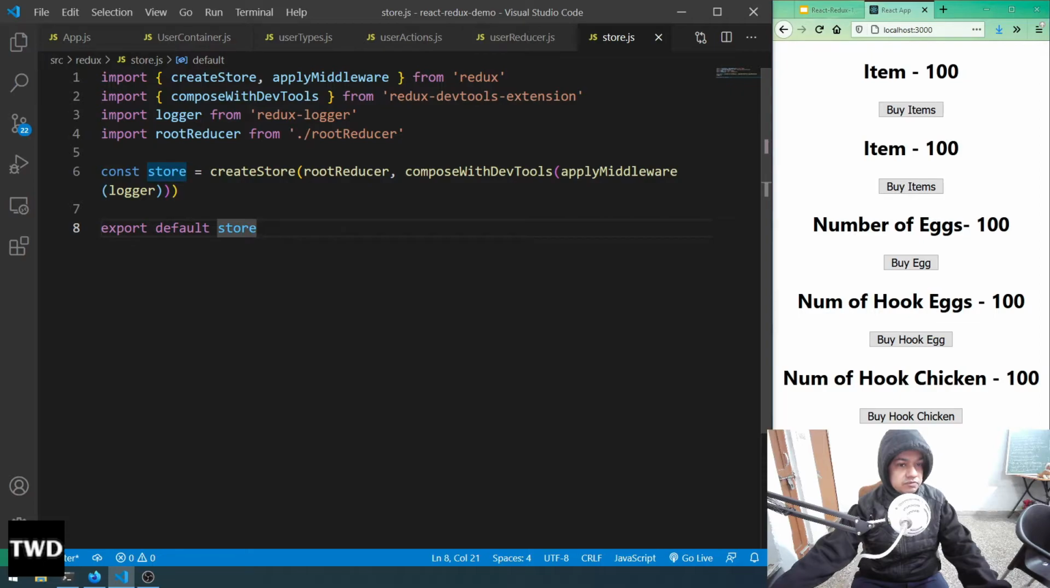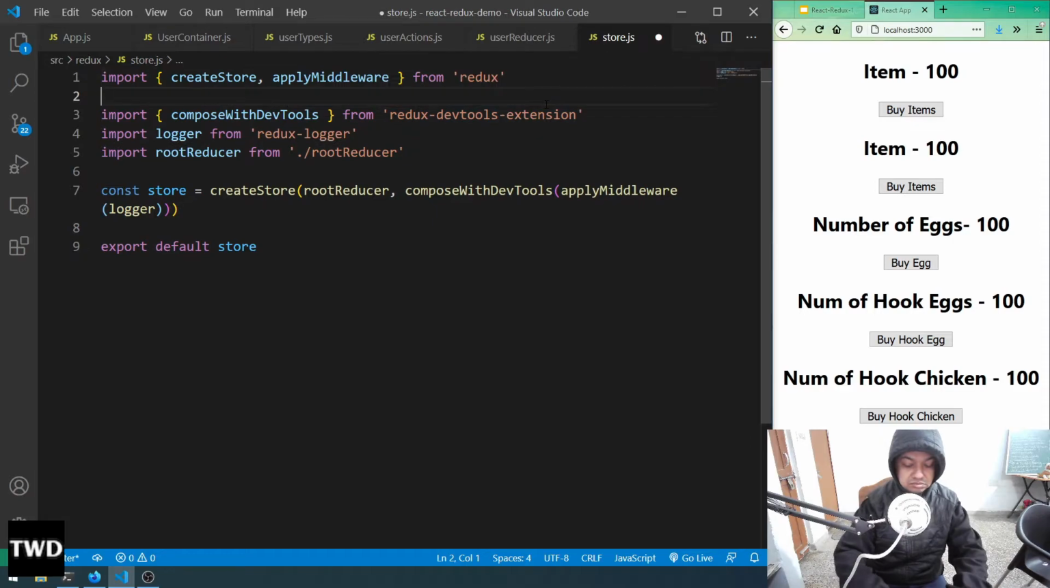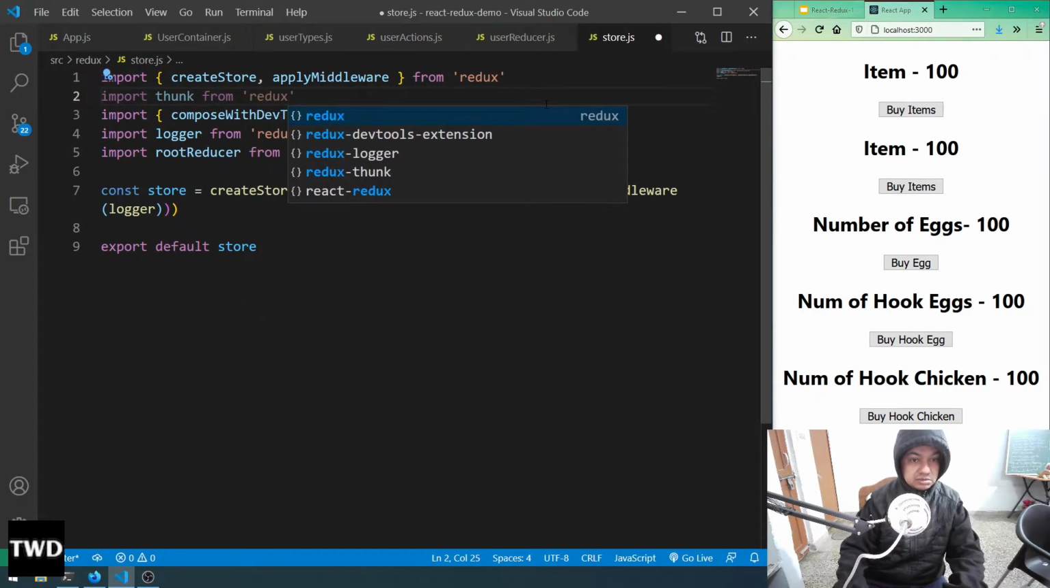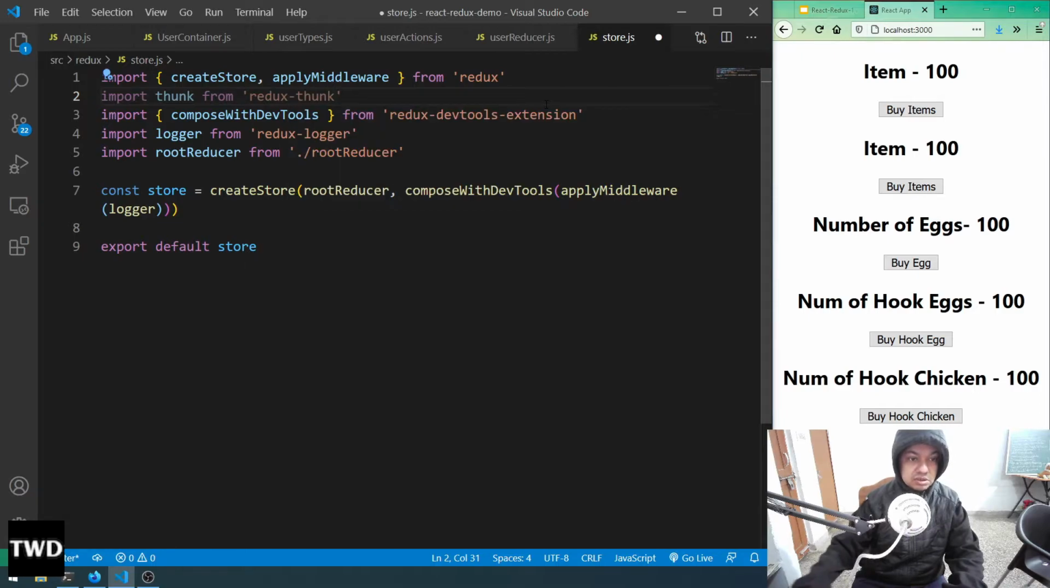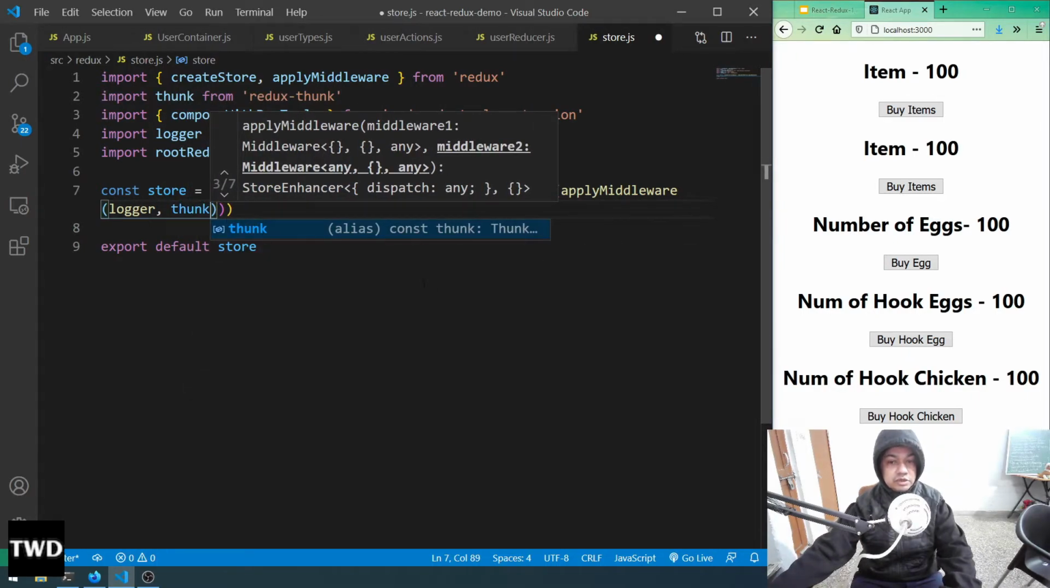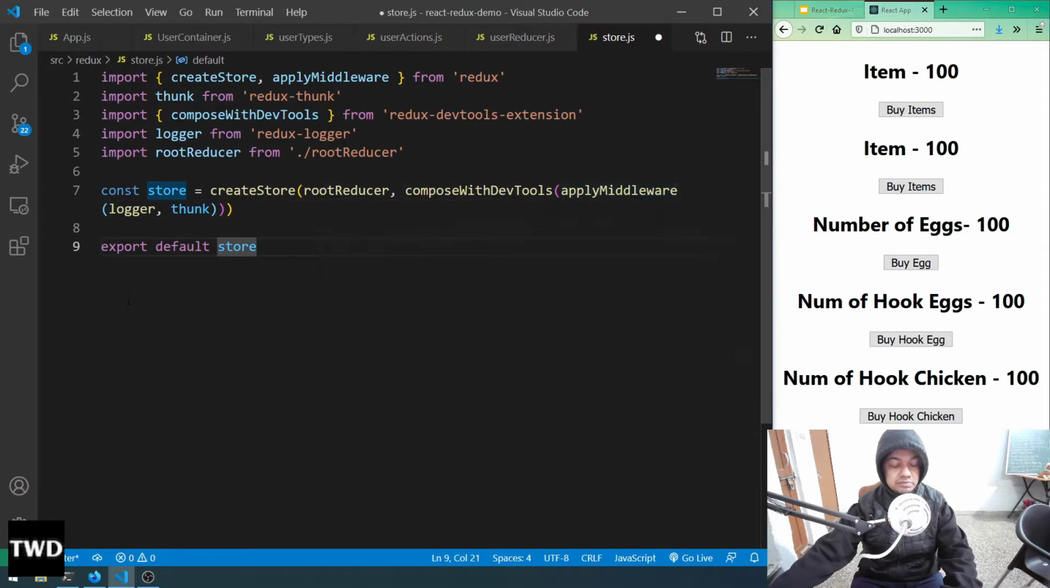We have to first import Thunk from Redux Thunk. Okay, and then Thunk. We can use as many middleware as required in this applyMiddleware. So Thunk, we have used it here. Let me save it, and now